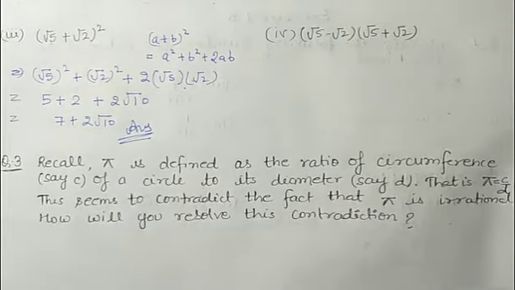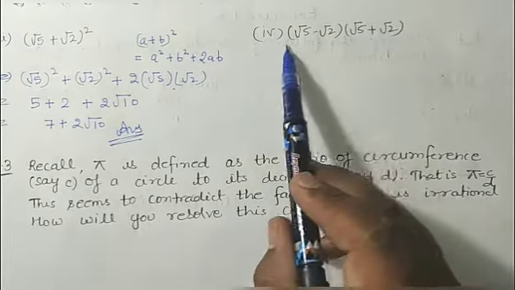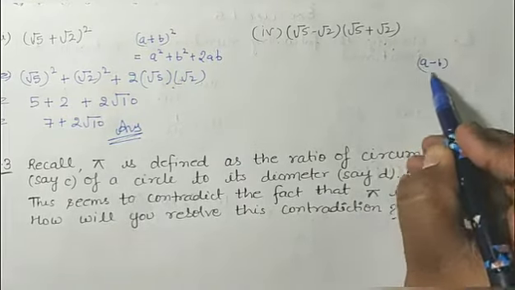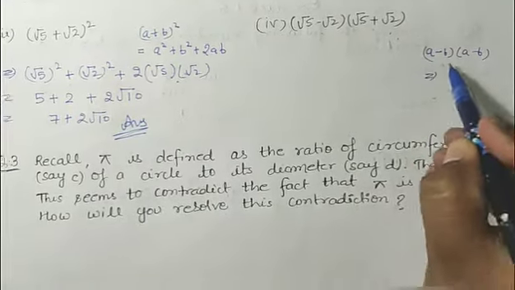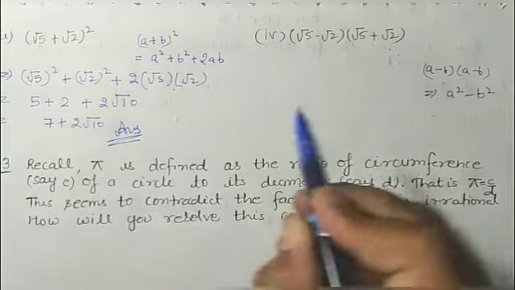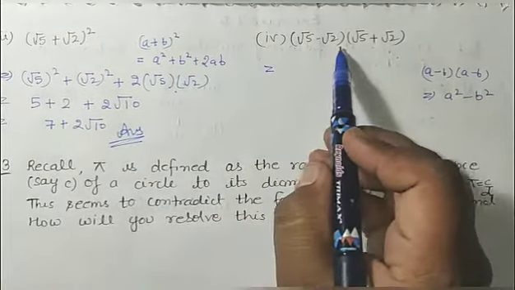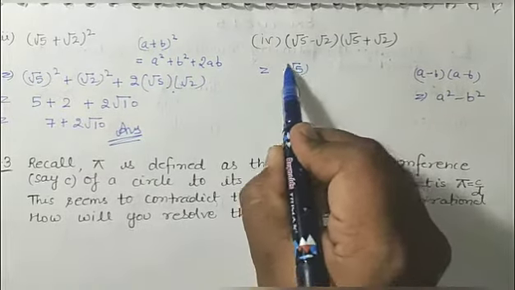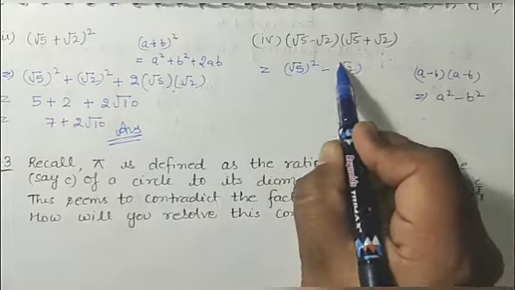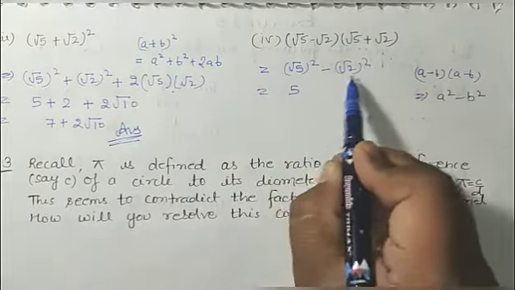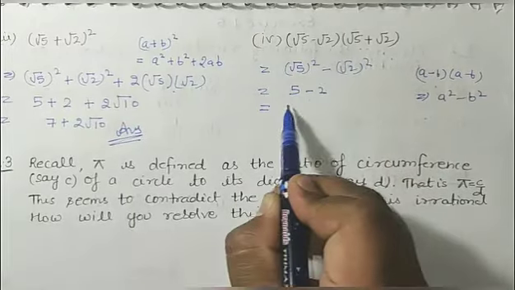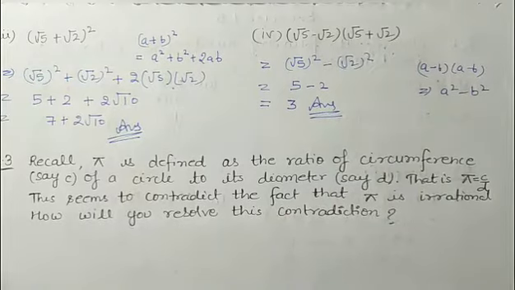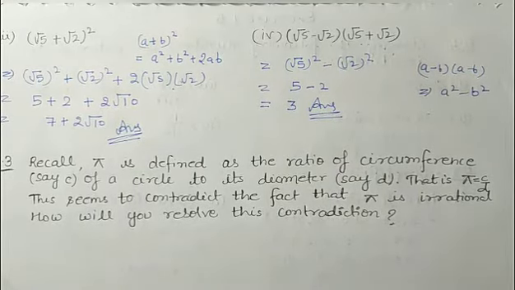Okay. Now this part again, it is like a plus b, a minus b. You know very well that a plus b and a minus b, when multiplied, will be a square minus b square. So here also under root 5 minus under root 2, under root 5 plus under root 2. When you multiply it, you will get under root 5 square minus under root 2 square. Under root 5 square is 5, under root 2 square is 2. So 5 minus 2 will be 3. Okay, so like this you can solve it. Now students, coming to the next question.